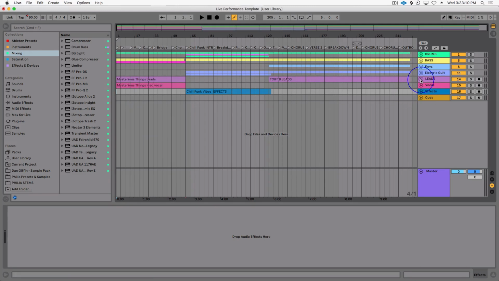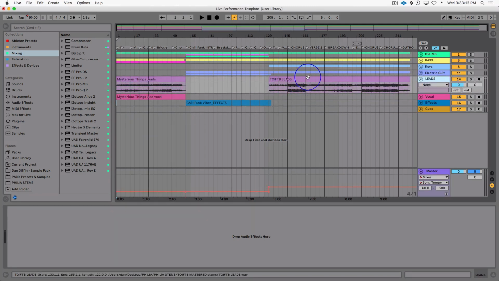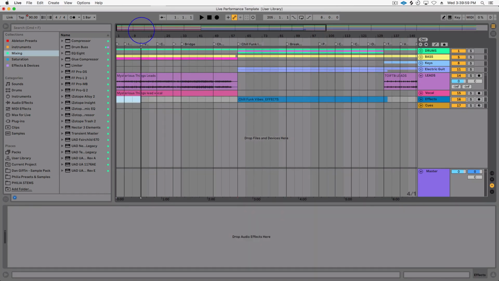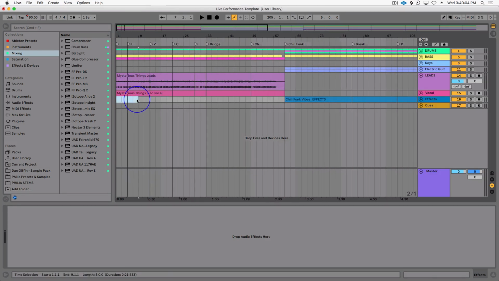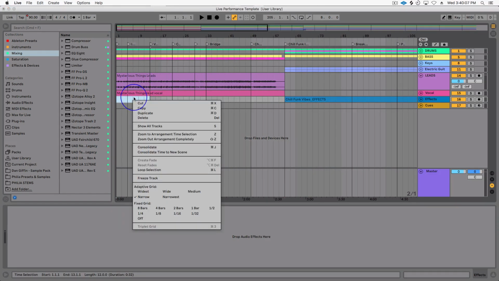You can also go into the individual tracks and draw automation changes for those tracks. Also, it's really kind of nice to be able to see an entire timeline view of the beginning to the end of your live set. I have 3 songs in here that are available for you to practice with that I produced under my artist name Philia. But one thing I can do after I basically create the entire set list in arrangement view is I can go through and I can highlight certain sections of the song. For example, I can highlight this amount of the grid between these locators that I have laid out,